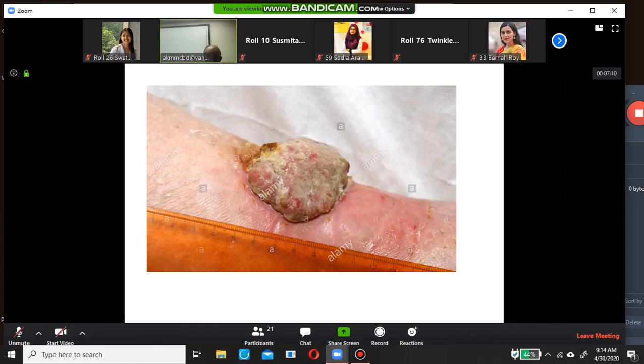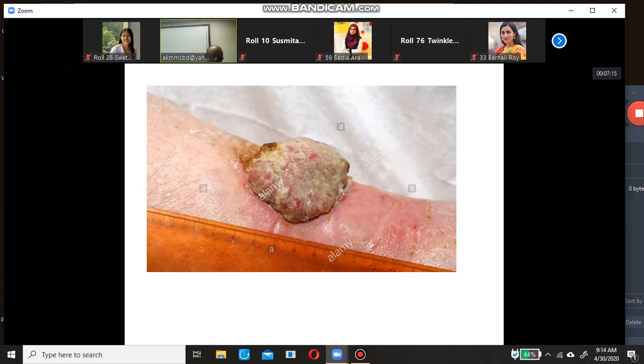Basal cell carcinoma. Okay. Actually, this is a limb, and there is a growth on the skin. You can say that there is a growth on the skin.